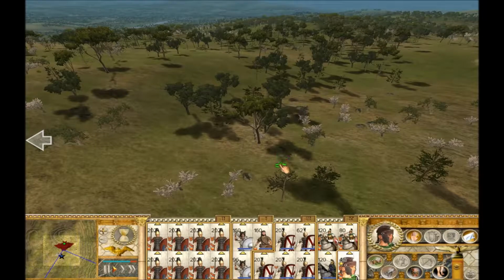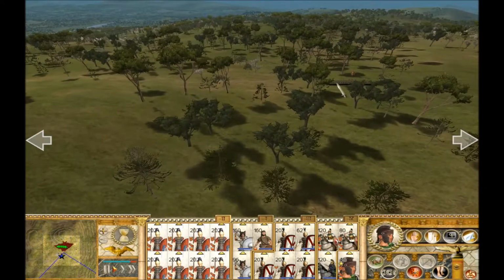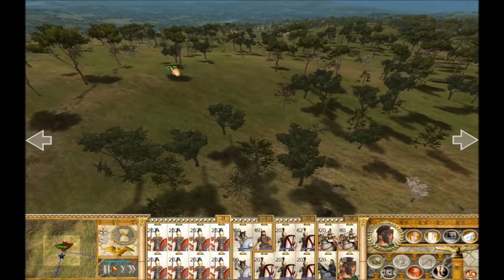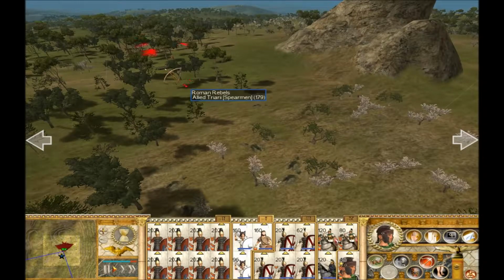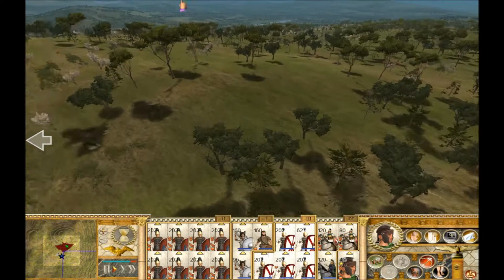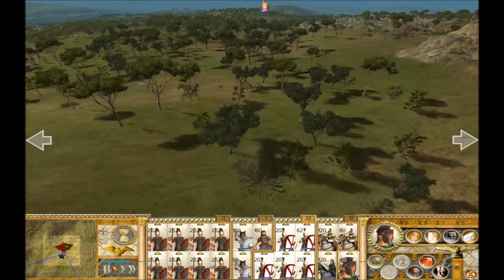We will move the general up, just in case he's required. So we really need to move basically to this kind of position here. It's a slight angle. Yeah, we've got to hit his Triarii because they're really good troops. Let's move the general up to here. This is going to be the flanking guys who are going to come round wide to make sure that we can hit the guys